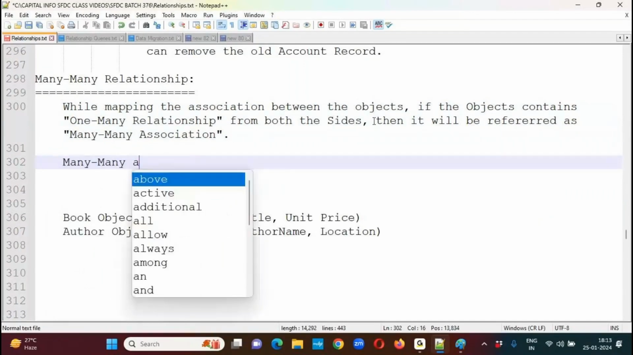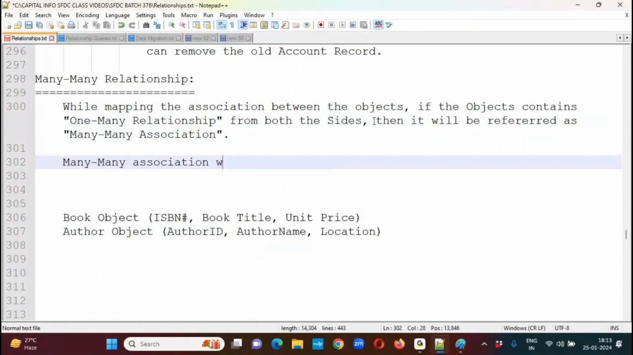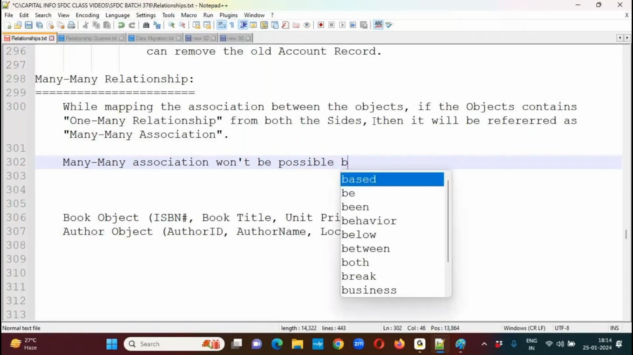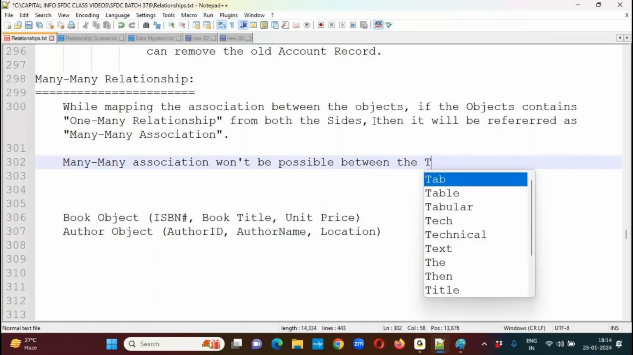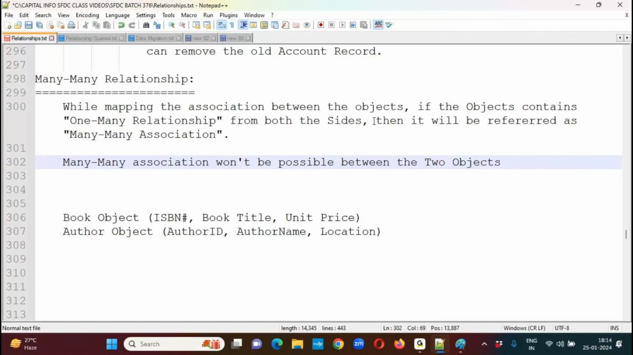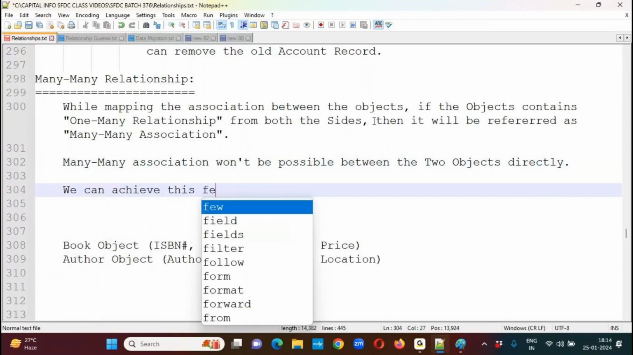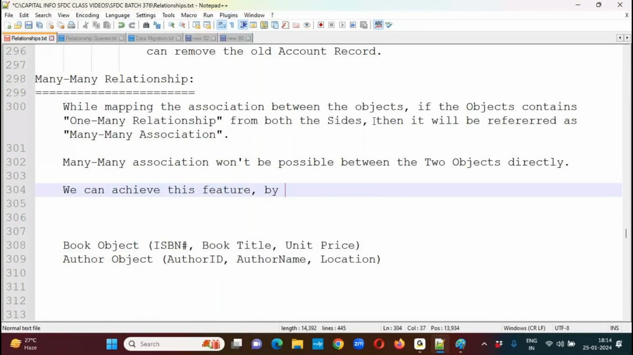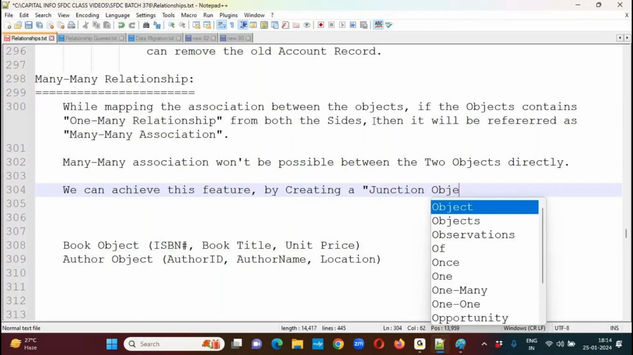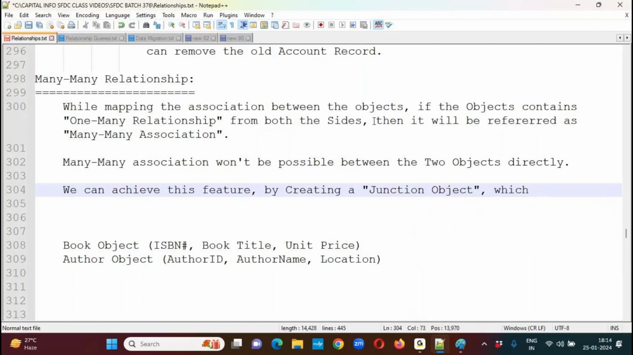Many to many association won't be possible between the two objects directly. We can achieve this feature by creating a junction object, which will be